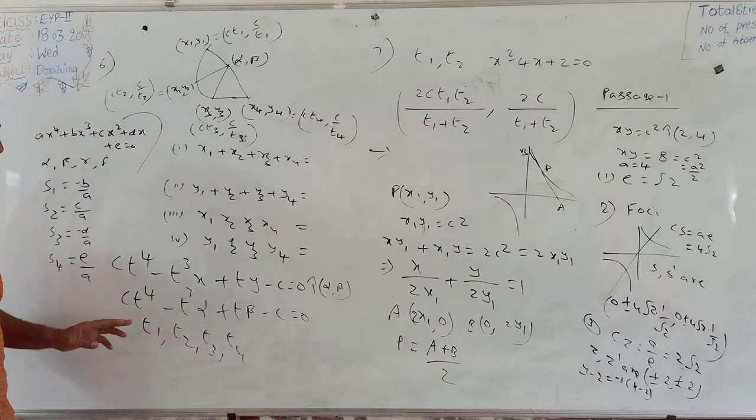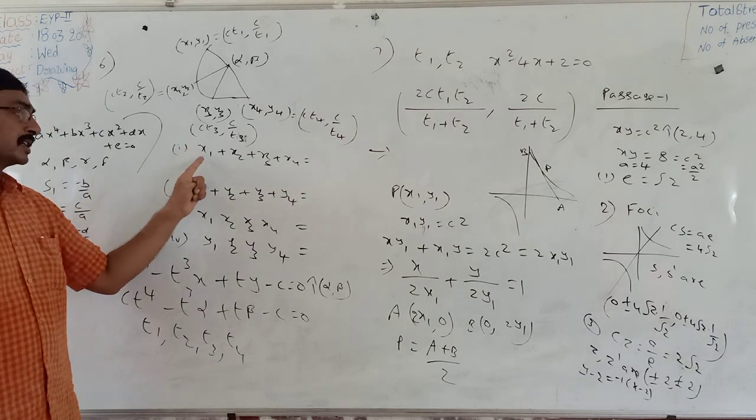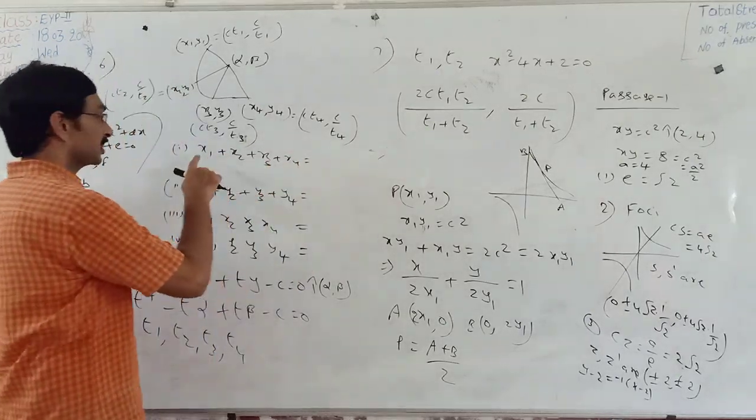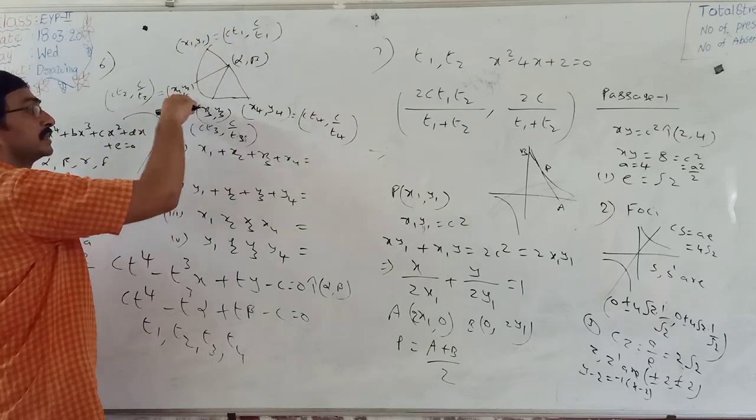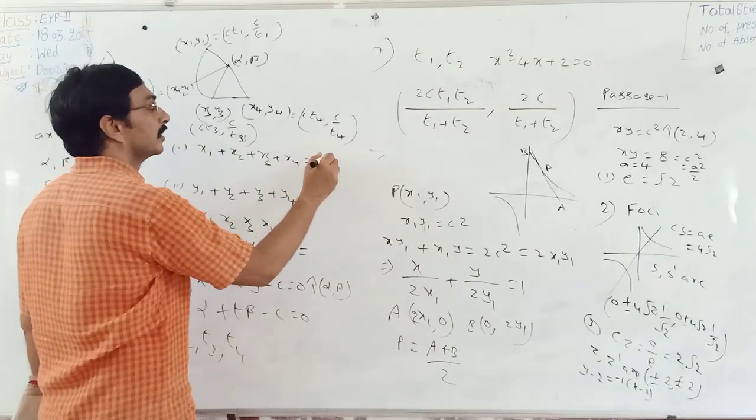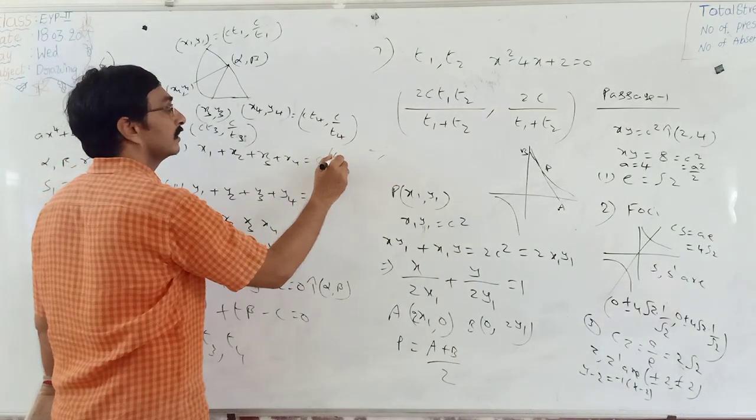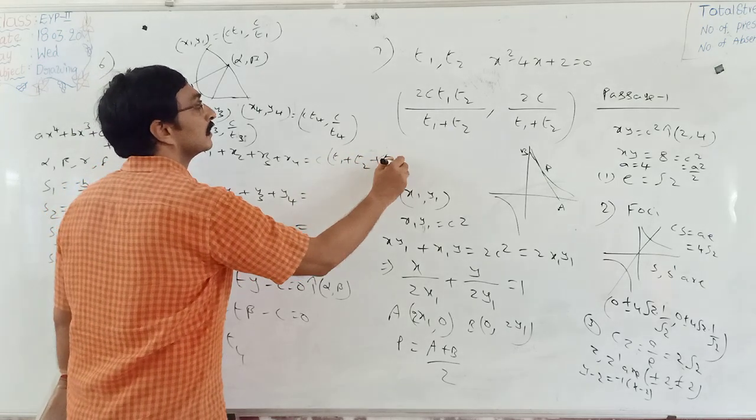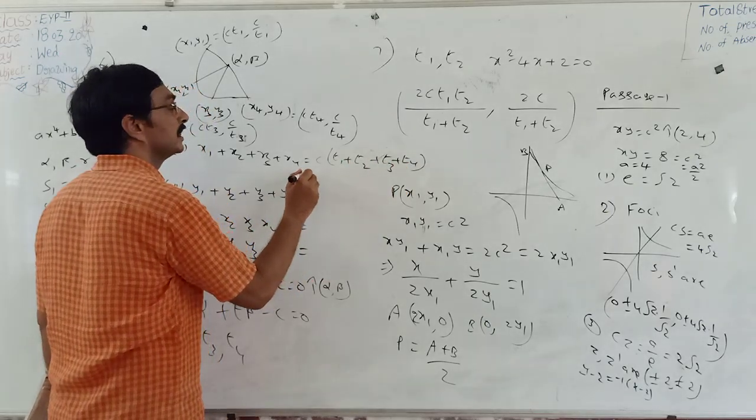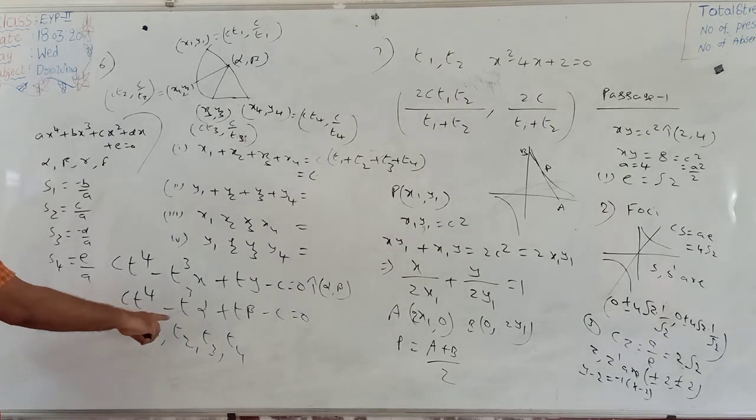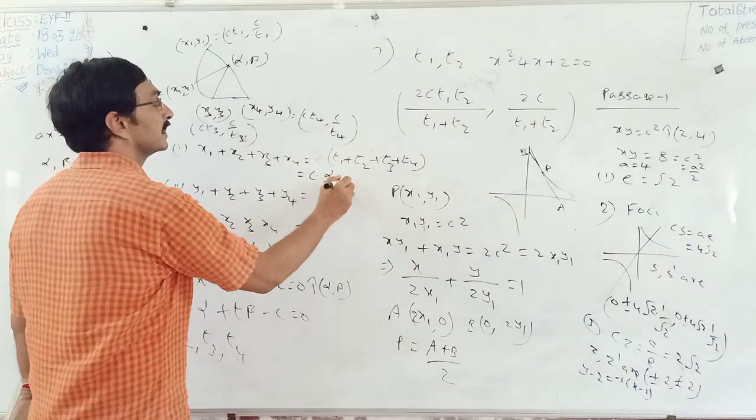So from this, first required one: x1 plus x2 plus x3 plus x4, where x1 is ct1, x2 is ct2, x3 is ct3, x4 is ct4. By taking c common, we get c into (t1 plus t2 plus t3 plus t4), which is the sum of the 4 roots. Clearly from this, the sum of the 4 roots is minus of minus alpha by c,